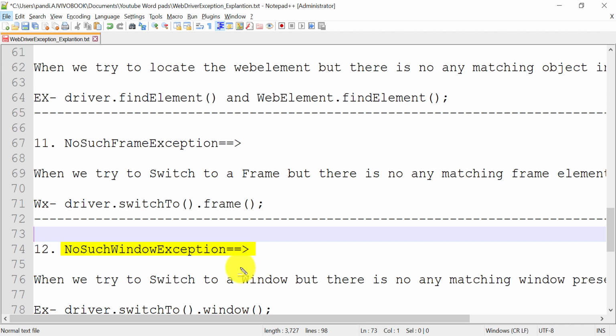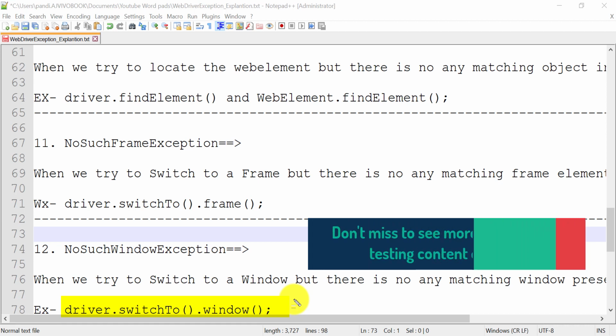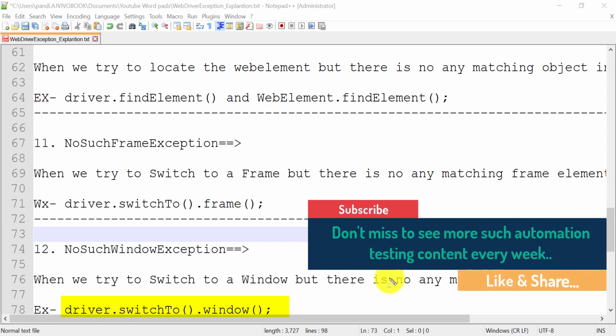For switching windows, we get handles using getWindowHandles. If you have a handle, that is a window ID in short, we need to pass it to the driver.switchTo().window method. This method will take your control to that particular window with that particular ID. If we try to switch to a window but there is no matching window present, in that case we will get this NoSuchWindowException.